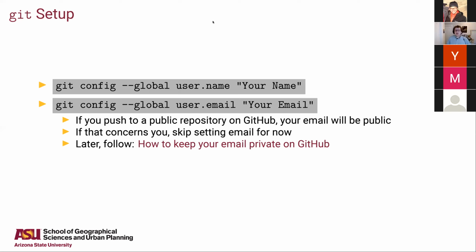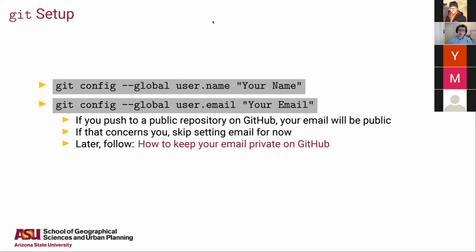there's a couple things you want to do to set up Git, and you only have to do this the first time. You don't have to do this for every repository you create. Just the first time you install Git on a new computer, you want to do this. So you want to run these two commands that set what your name is and what your email address is, so that when you commit things, they're attached to your name and email, so you know